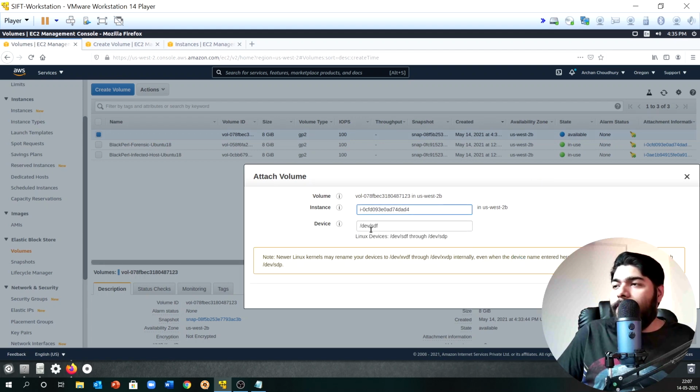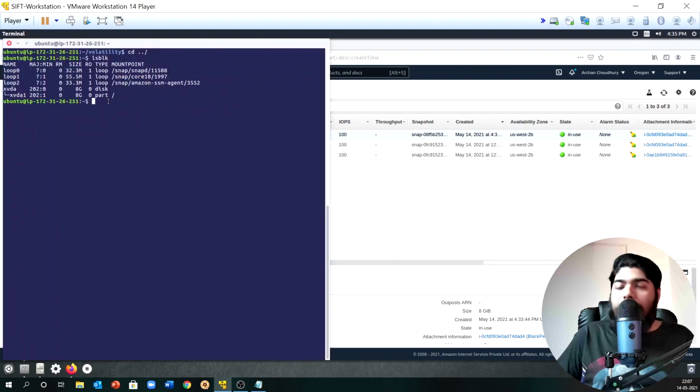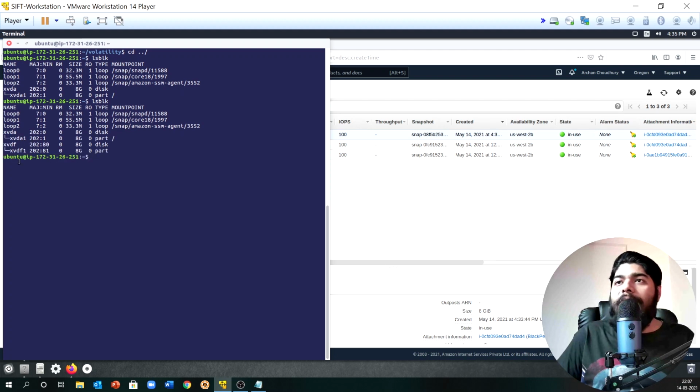The device itself will be attached as /dev/sdf, and sometimes for Linux it can be sdf or sdp also. We don't need to bother about that much; we simply attach it, and now you see it's in use. Now let's go back to our terminal and run that command again. Now you see there is xvdf1, another partition which was not there previously.